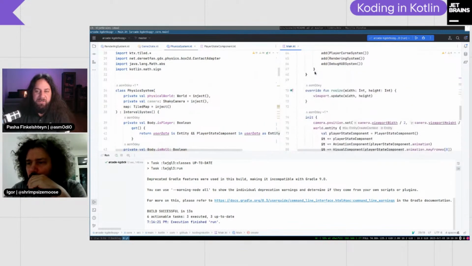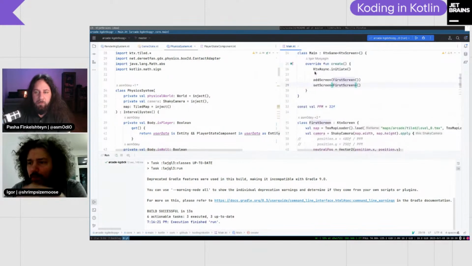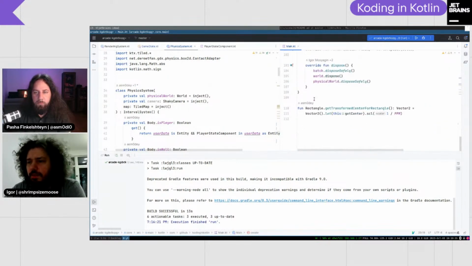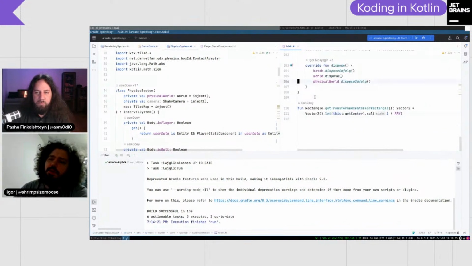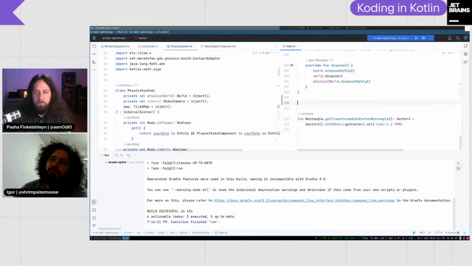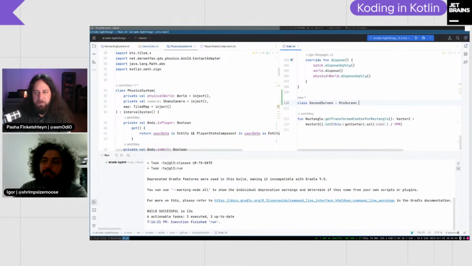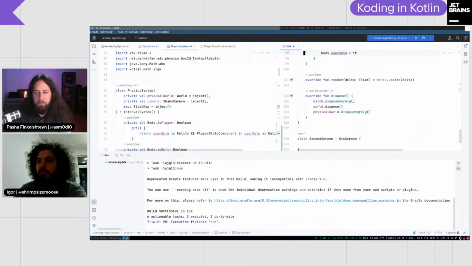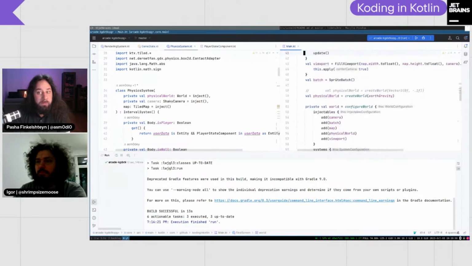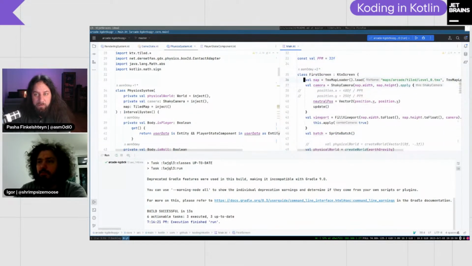The first stage is just to create a new screen, right? Yeah. So we can say plus second screen. It's KTX screen, yeah, something like that. Is that all? Yeah. Seems like that.